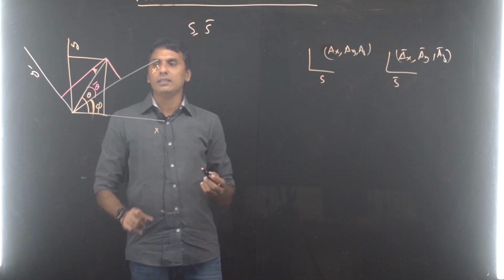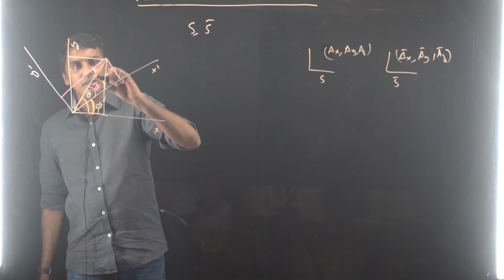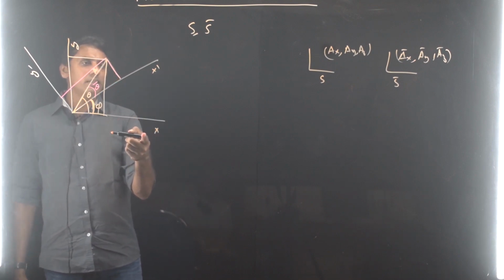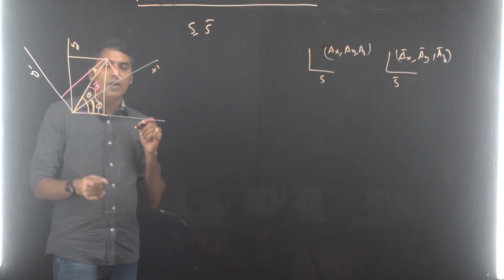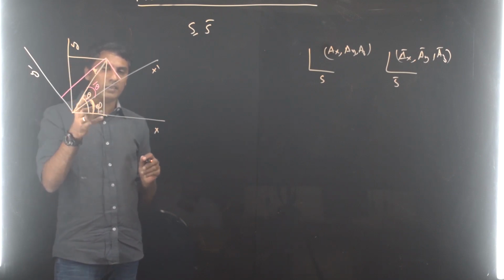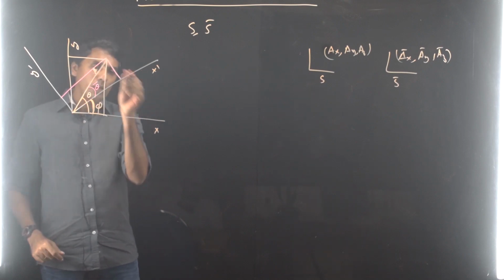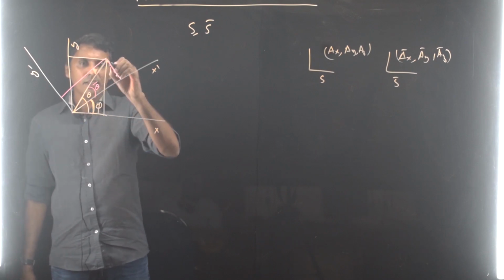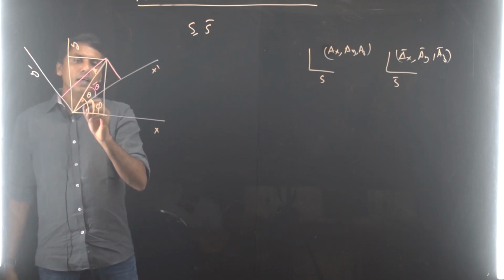Okay, suppose you have a vector A, as I have drawn here, and you have two coordinate systems, S and S bar. The Z axes of both coordinate systems coincide. So you basically have the xy plane, and you can see the vector, the x axis, and the y axis.